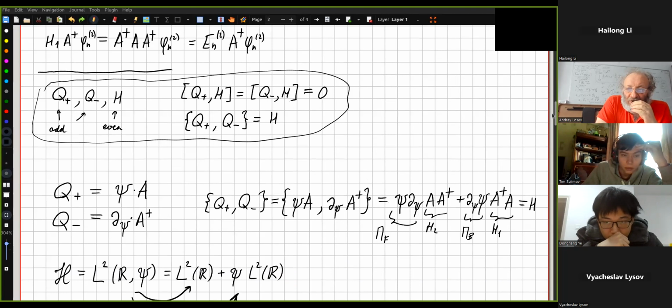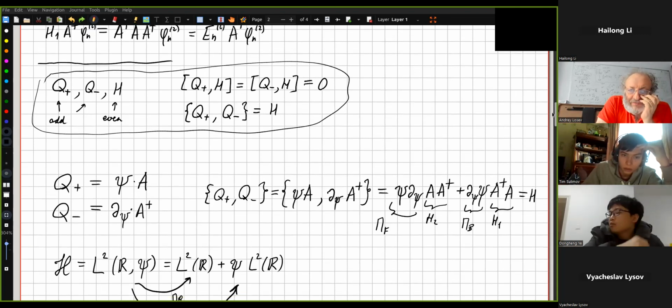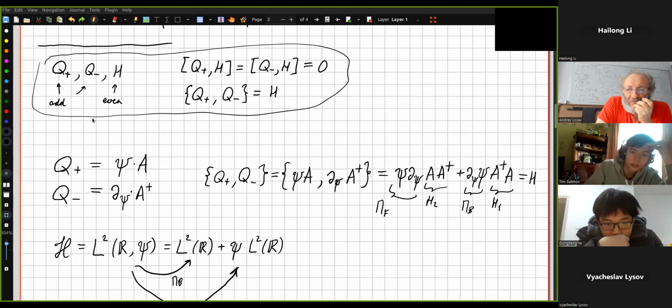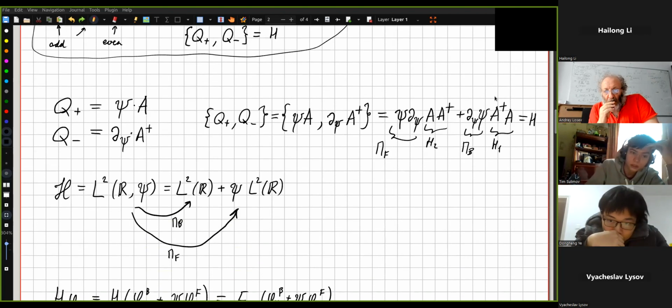And by introducing a Grassmann variable psi, which in the future should be promoted to a field, obviously, but here it's just one variable, and stating the commutation and anti-commutation relations for the SUSY algebra for quantum mechanics, we see that such a realization, as written here, Q plus and Q minus,